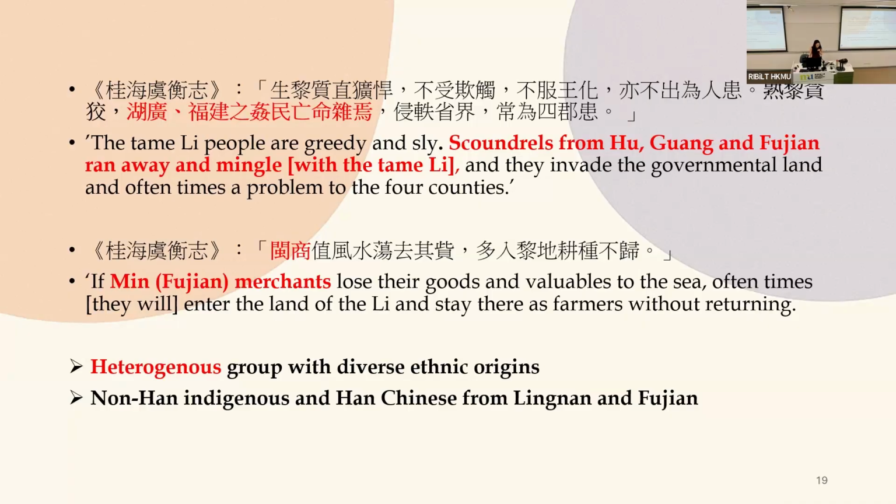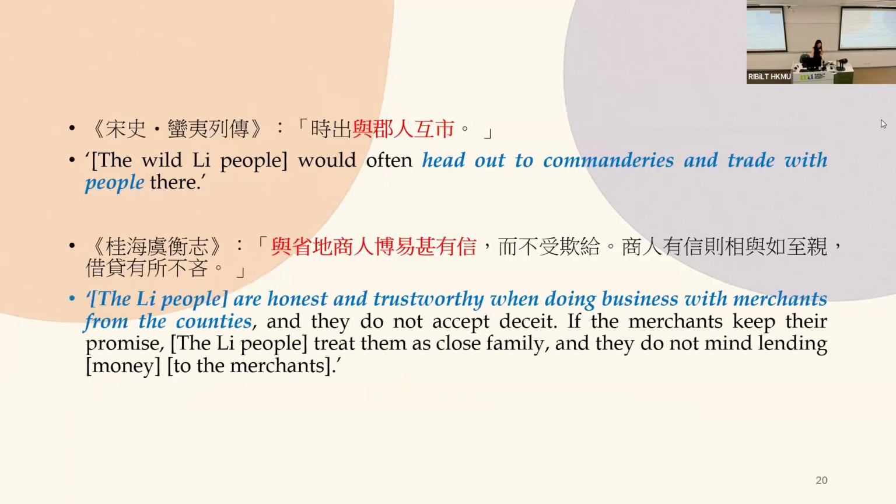So in a nutshell, the tame Li were already a heterogeneous group of people with different ethnic origins and a big melting pot of various languages. So they maintained close connection to both the wild Li and the Han Chinese on the island, acting as a bridge bringing together the two major ethnic groups. So the interaction between the Li and Han Chinese at the time became rather common in many aspects of their social life. For example, the Li people established close business ties with the Han people, often trading with them in county markets and making regular business transactions with the Chinese merchants.